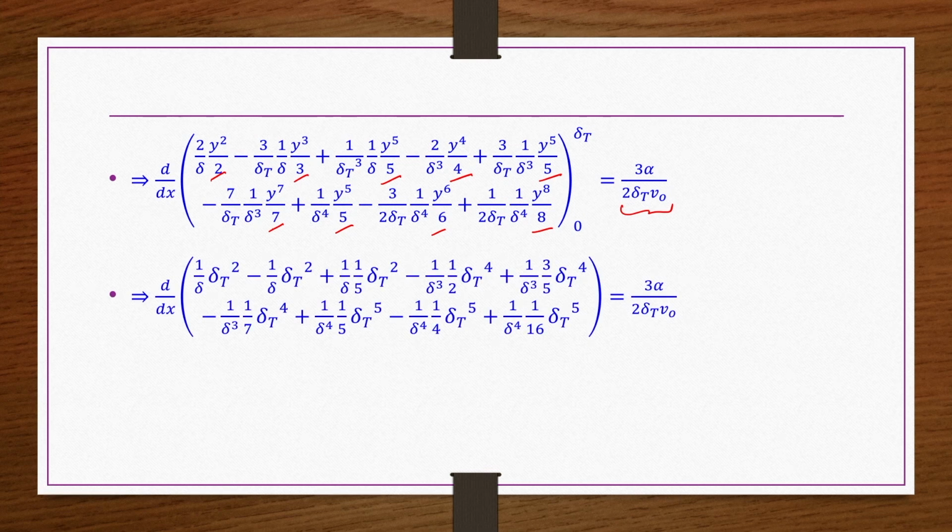Next term what we are doing, we are substituting the limits, right. So, here this 2 and this 2 is cancelled out. So, 1 by delta y square, now delta t square. Next term is these 3 cancelled out. So, 1 by delta as it is and then in y cube, so delta t cube by delta t square. Next term 1 by delta, 1 by 5 as it is, then delta t power 5 by delta t cube. So, delta t square you get.